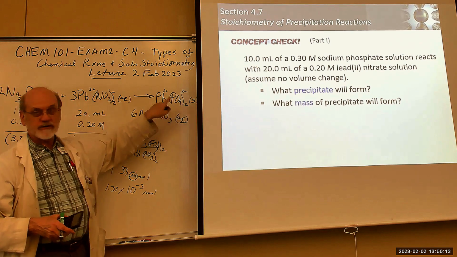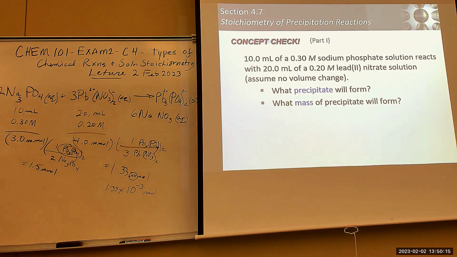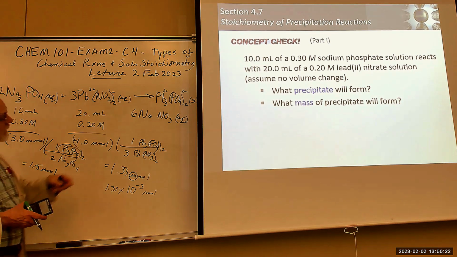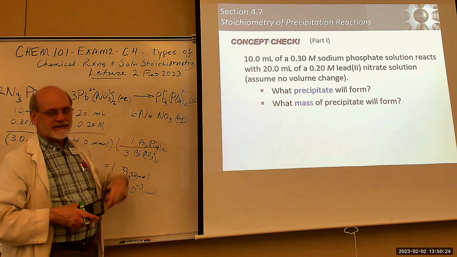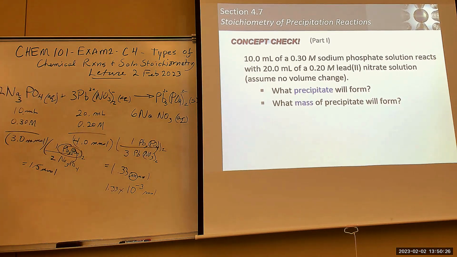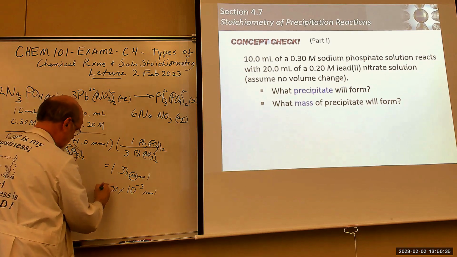Then 2 times phosphorus, which is 30.97. Add them together. And then 8 times oxygen, so 16 for each oxygen, and 8 times that, and add those together. And I get 811.57